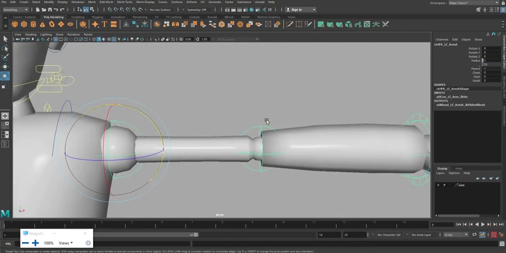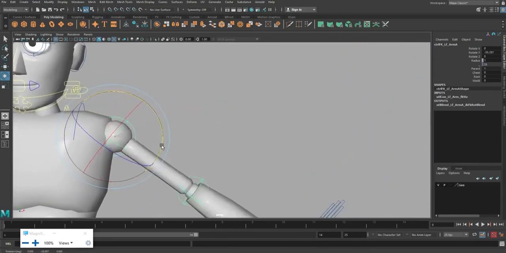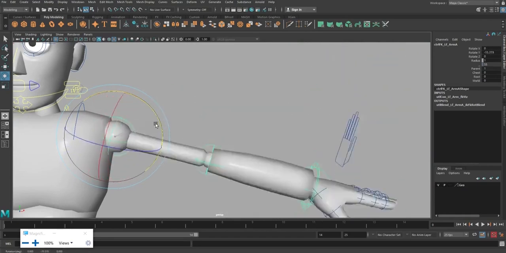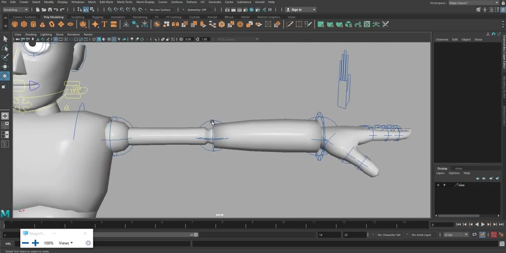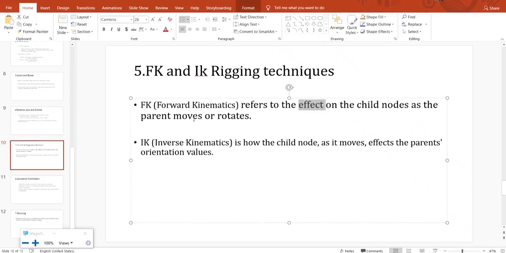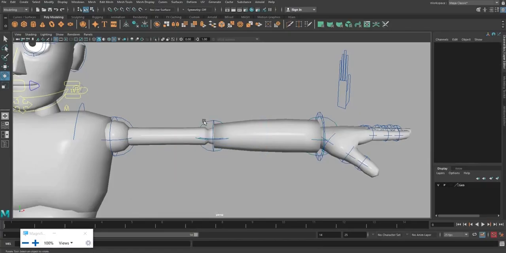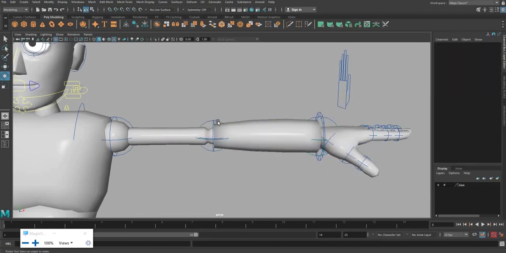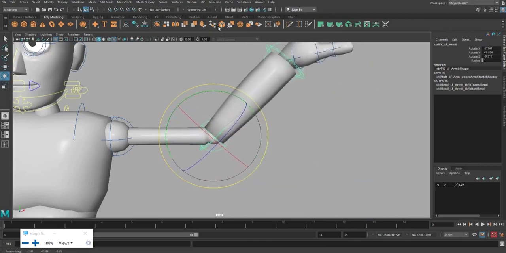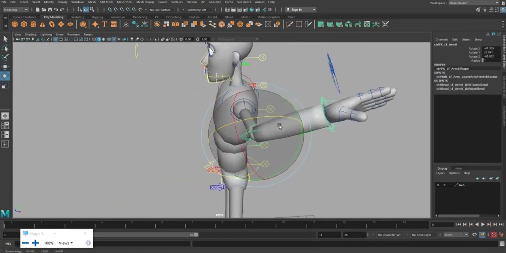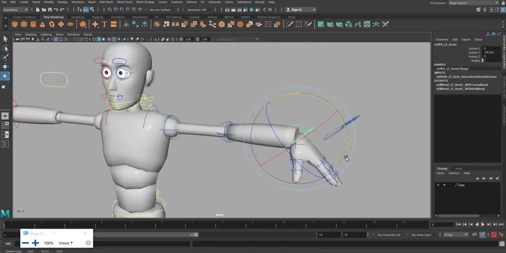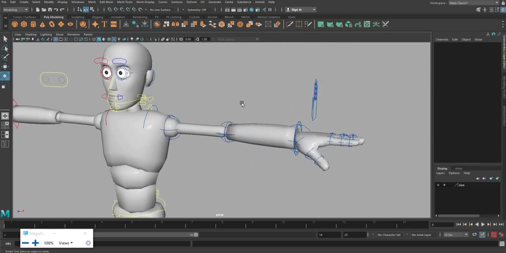I can see the rotation here. Whatever change the parent node takes, that is followed by the child node. The child node gets affected when the parent moves or rotates. So you can see, this is the child of this, and if I am moving it, you can see it is moving, right? But when a child moves, there is no effect on the previous node or the parent node.